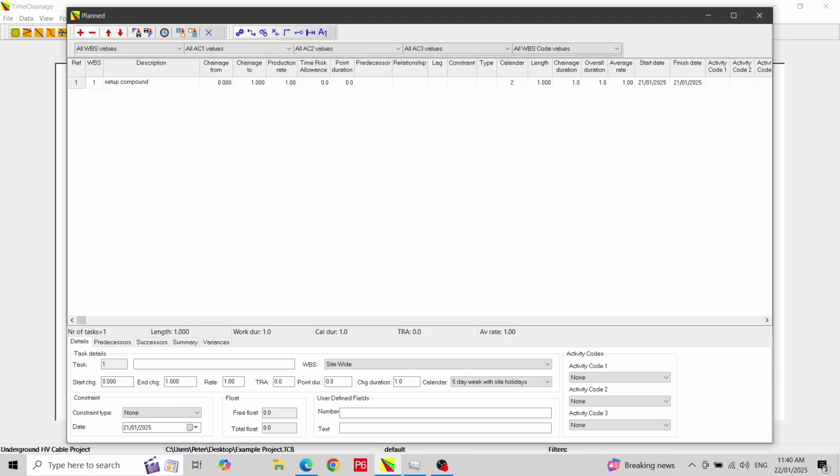This will be a simple box style type of task. I will enter 100 meters for the start chainage, 150 meters for the end chainage. The production rate is 1 by default. We will change this to 0. We then enter 15 days for the point duration. We will not be using the TRA for this schedule to keep things simple, so that is left as 0